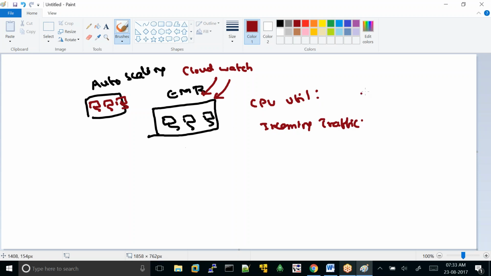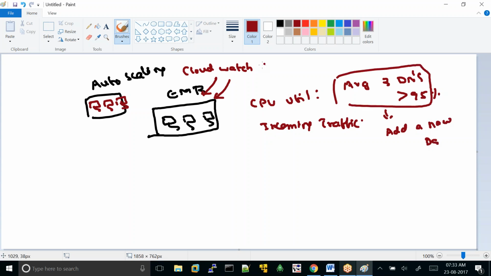For example, the average CPU utilization of the 3 data nodes. If it is greater than 95%, what does it indicate? It is fully occupied, all 3 data nodes are processing fully. Therefore, we are instructed to add a new data node. Once this condition set by the CloudWatch alarm has been satisfied,